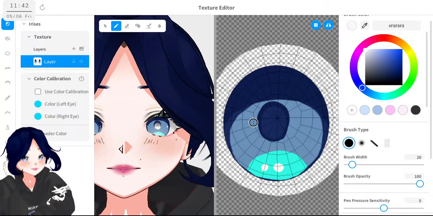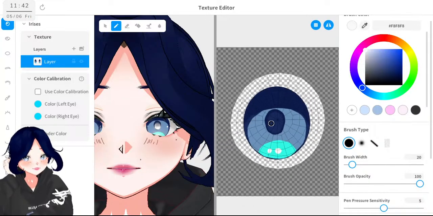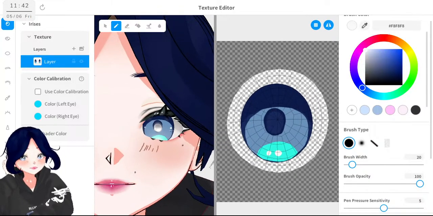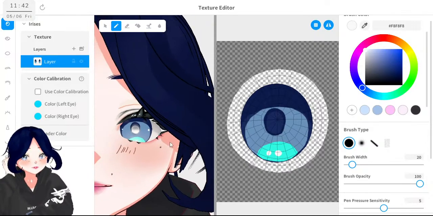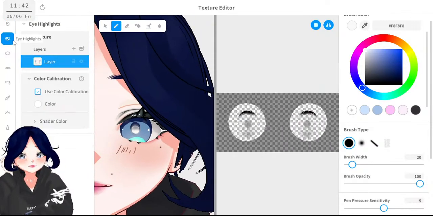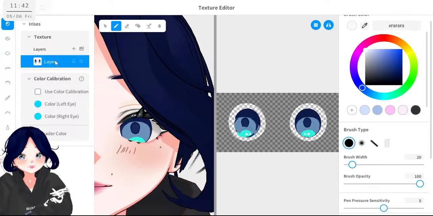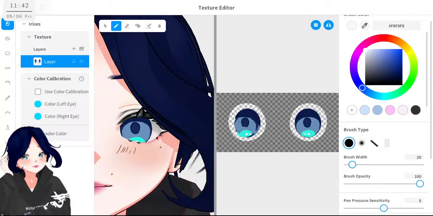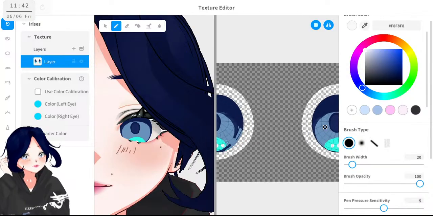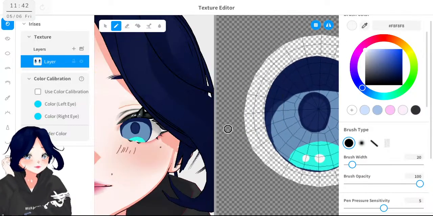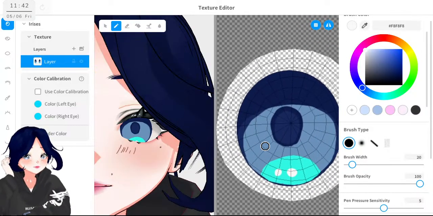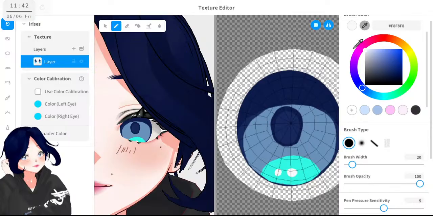And these other eyes look so weird. But let's just look at this one, like here. And the highlight, let me hide it for a second. Now let's go back to the iris. Let's see here.